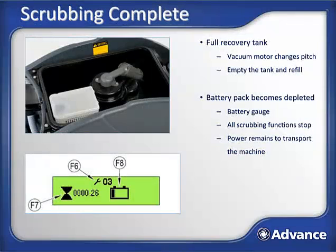Eventually the solution tank will run dry and the recovery tank will become full. As we learned earlier, the machine has a ball float valve that protects the vacuum motor from ingesting water. Once the ball float valve activates, the vacuum motor will change to a higher pitch sound. When the recovery tank is full, transport the machine to a suitable location to empty it and refill the machine